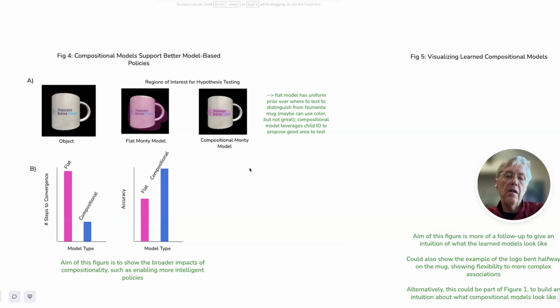Hey, you know what? Just looking at the title on this one, I was thinking, oh, compositional models support better model-based policies. I immediately jumped to thinking, oh yeah, one of the compositional structures we've talked about is that the child objects are behavioral objects, the dynamic behavioral objects, and that would really be the better model-based policies. So you're trying to achieve some result in the world, and knowing that there are these dynamic components of an object and how to manipulate them. Originally that's what that title suggests to me.